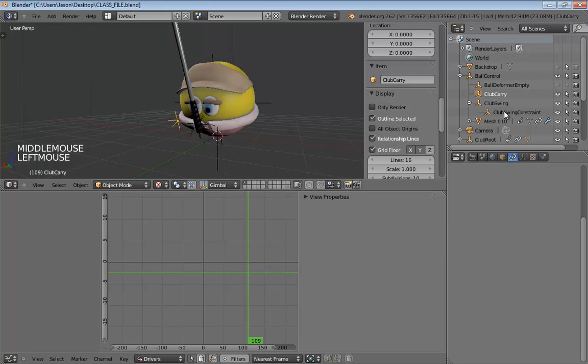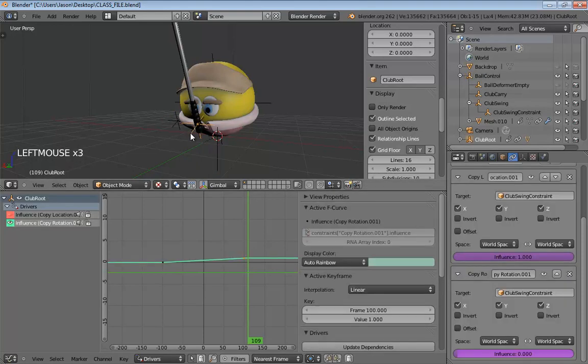When you selected your influence, you selected club swing thing again? Did I? The data path. Oh, well, that would do it. But I wasn't sure whether you'd done the same one twice or not. Well, you should actually, because the same thing should be driving it. But let me just double check and make sure that we're being influenced by the proper thing.